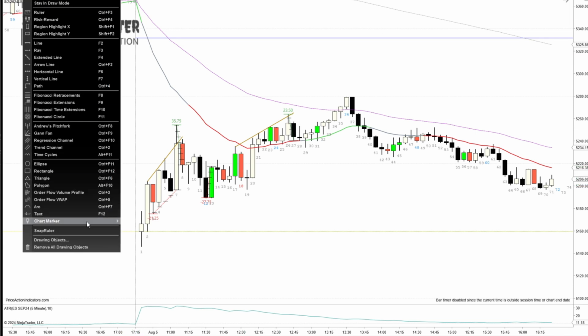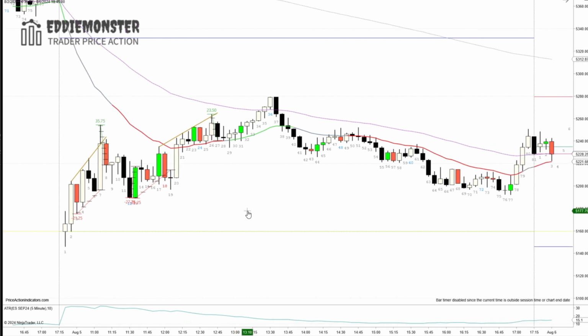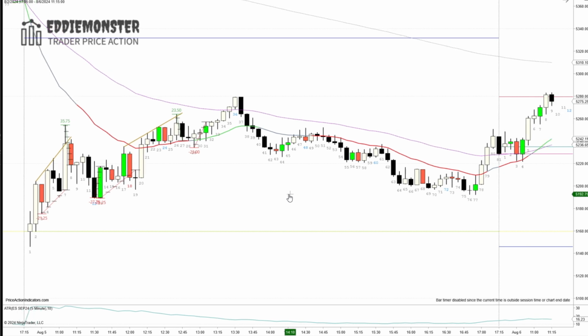19, stop here, 25 points. 29, we cannot take 29 because we expect 2 legs down, but 31 we can take it with stop below, 23 points. So that's the issue, right? Basically, we'll need to figure out how to do it, right?